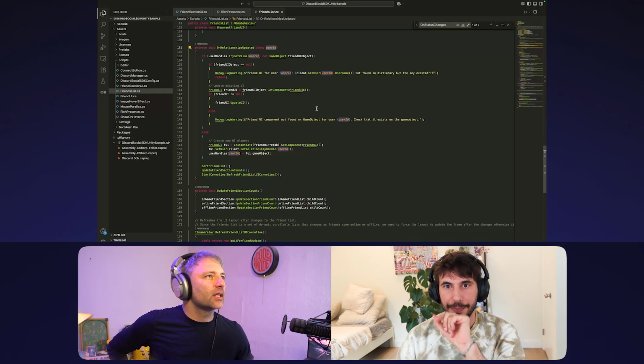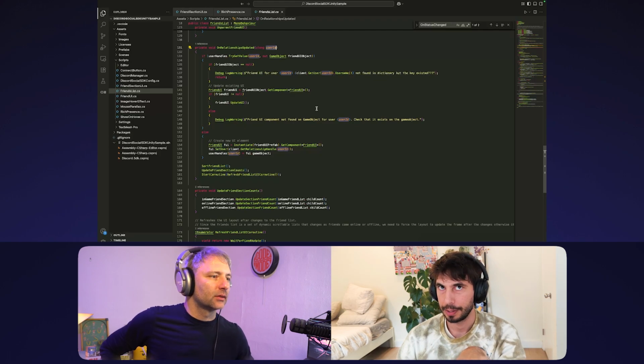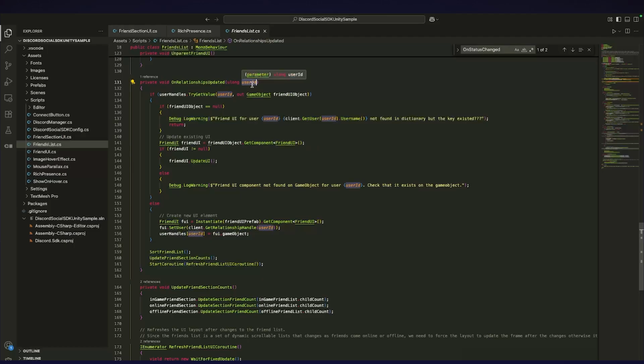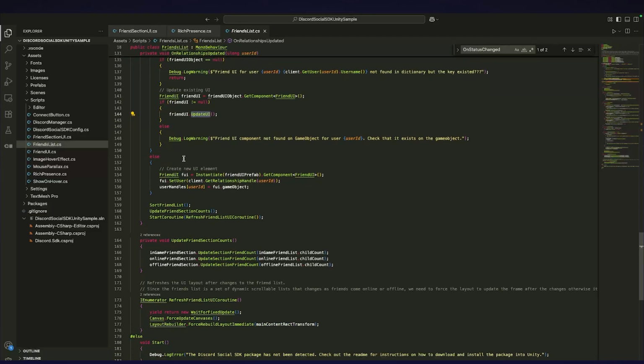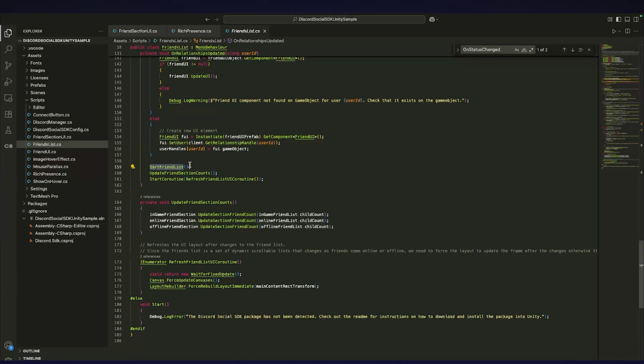Yeah. Which I think is the way that I have it. The way I have it set up is you get the user ID of the relationship that updated. So the user, if they exist, we update their UI. And so that's that friend UI prefab I was talking about. Okay. So that means their status changed, their profile changed, something about it changed. So we just need to update specifically their UI. If they don't exist for some reason, we create a UI for them. And then we go back and we sort the friends list. We update friends in their sections. I believe sort friends list just,